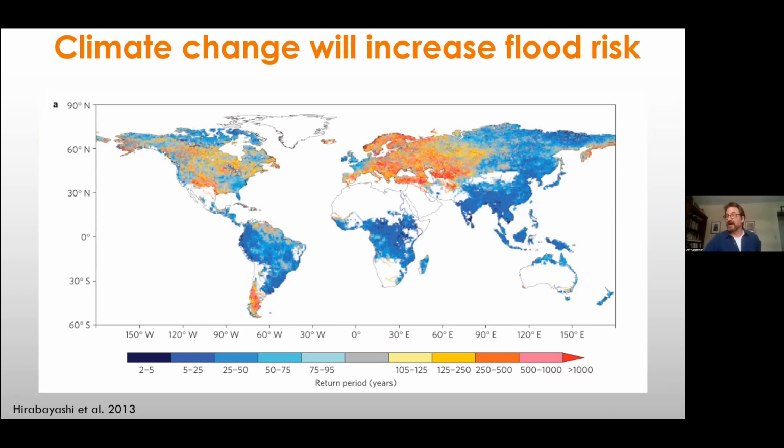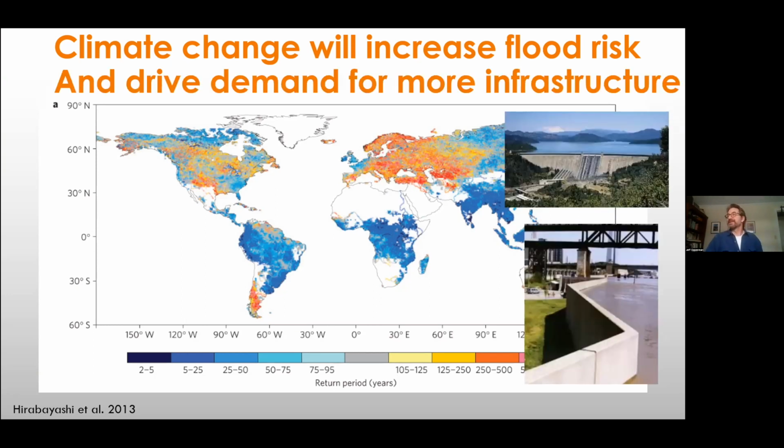meaning it becomes essentially a common flood rather than an unusual flood. And so that's the areas in blue, and you see that's pretty extensive areas, including not just the tropics, because it's fairly universal across the tropics, but also much of the eastern United States, where the population is concentrated, along with the western coast of the United States, and then northern Europe, northern France, Germany, UK, Netherlands, etc. This will drive more demand for infrastructure.